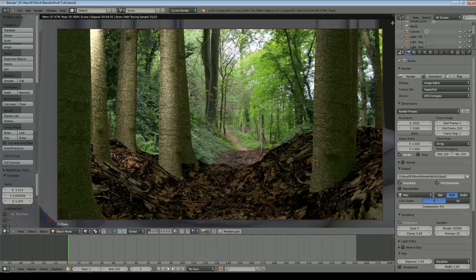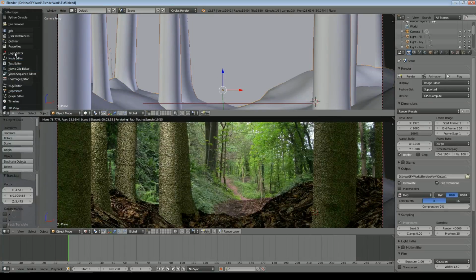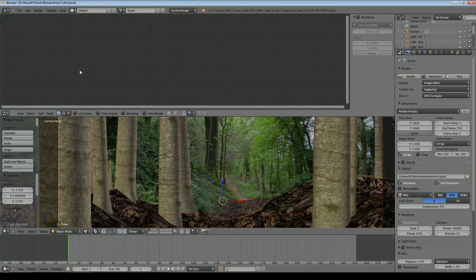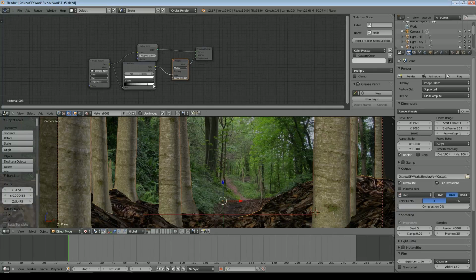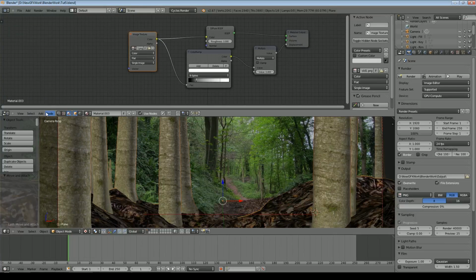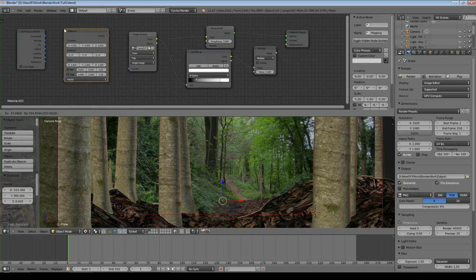We need to change the size of the texture on the ground. To do that, very similarly, I'll use the node editor this time, it's a bit easier. Make sure the ground is selected, and we need to put in the texture coordinate node, and I'm going to use the UV one, and then under vector, mapping.